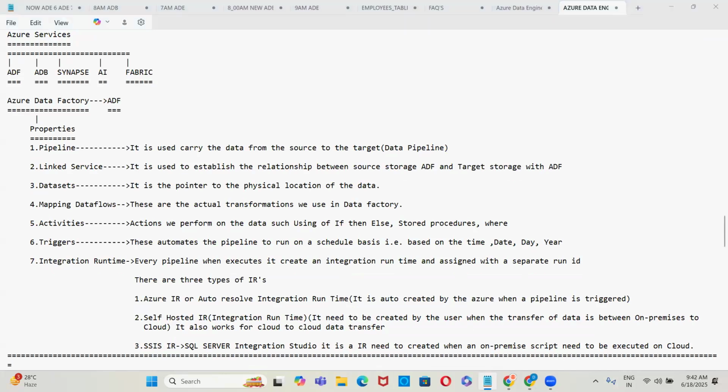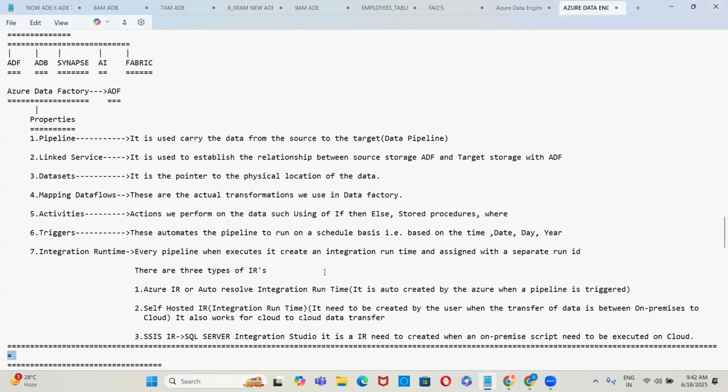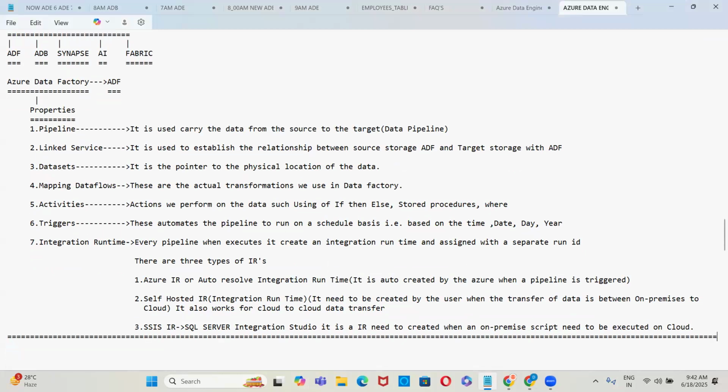On premises is the local system. This is my local PC now. On-premise is nothing but the local system. Your mobile phone is your on-premises. If you store the data on Google Drive, your Google Drive will be the cloud. Anyways, I'll explain all these points with examples, so you need not worry.